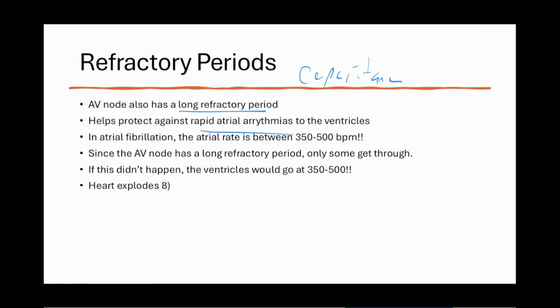It doesn't know. When you have atrial fibrillation, all parts of the atria are sending off signals to the heart to beat. AV node doesn't know which one's which. So by having the AV node kind of suppress these things, it prevents the atrial beat, which can be up to like 300, 350 beats per minute, from going to the ventricles, because the ventricles can't go that fast and they'll explode. So it's protective, so your heart doesn't explode. So having this AV node the way it is prevents all that from happening.